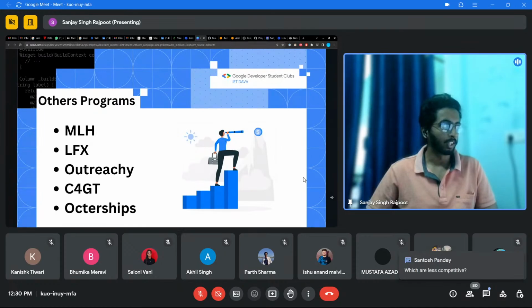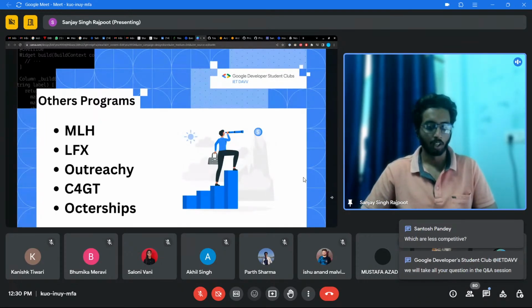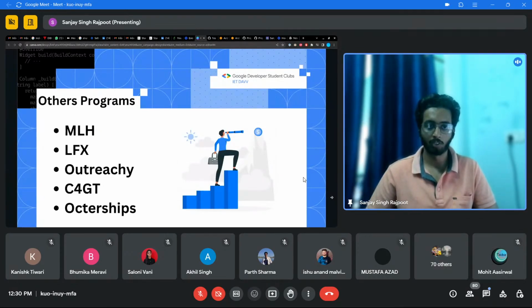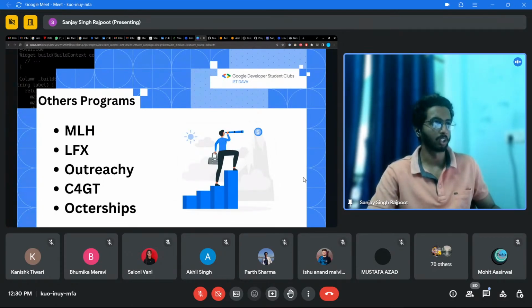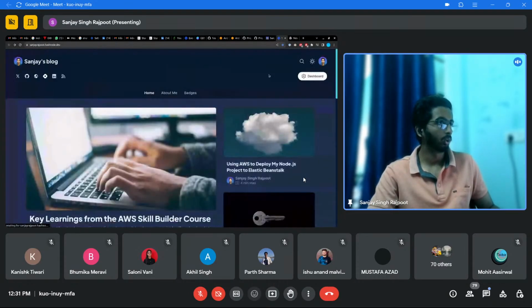And then comes like MLH के बारे में थोड़ी सी और बात कर दूंगा मैं तुमसे, that you need to make a project। उसके बाद तुम्हें एक फॉर्म भरना पड़ता है। एक बार जब तुम फॉर्म भर देते हो, फॉर्म भरने के बाद तुम्हारा इंटरव्यू होता है, 2 इंटरव्यूज होते हैं, और उसके बाद तुम्हारा फाइनल सिलेक्शन होता है। उसके लिए भी मैंने ब्लॉग डाल के रखा है, लेट मी टेक यू टू दैट ब्लॉग।